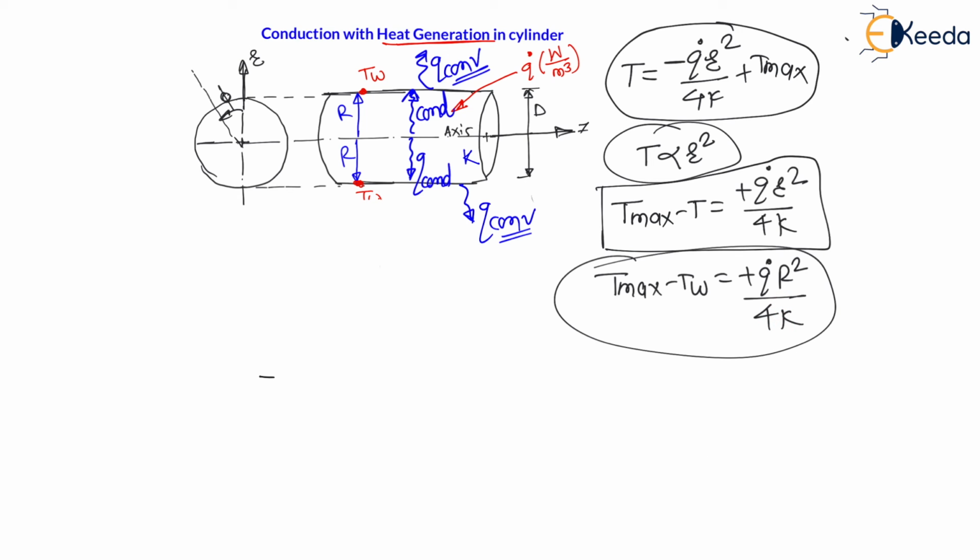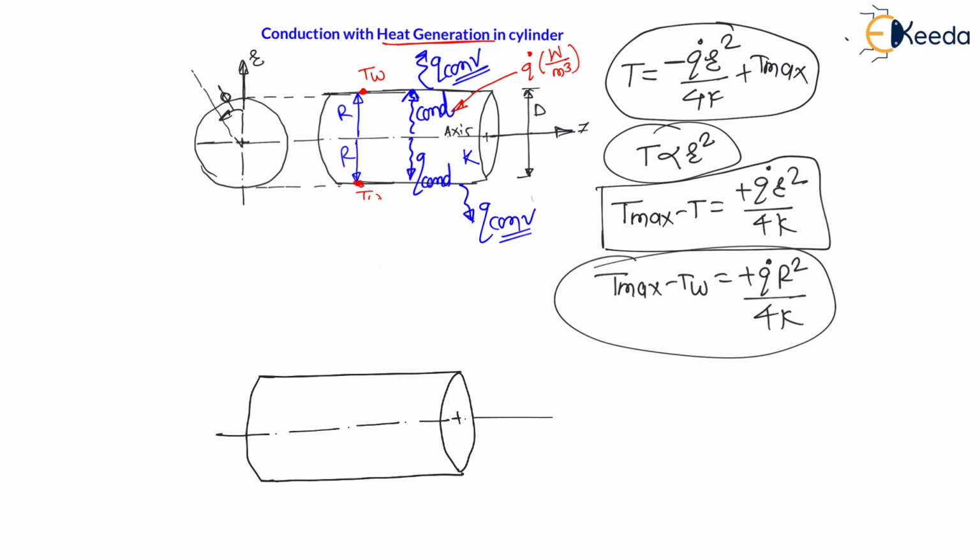So my dear students, let us draw the temperature profile for the cylinder. If I draw a cylinder, let us say this is a cylinder, right? For this cylinder, we are going to draw the temperature profile. Here, this is the axis of the cylinder, right? And my dear students, on this axis, there will be a maximum temperature. Therefore, let us say the maximum temperature at this location, right? And on the wall, there will be a wall temperature like this. On both sides of the wall, there will be a wall temperature like this. And the temperature distribution we got is as here. This is the temperature profile.